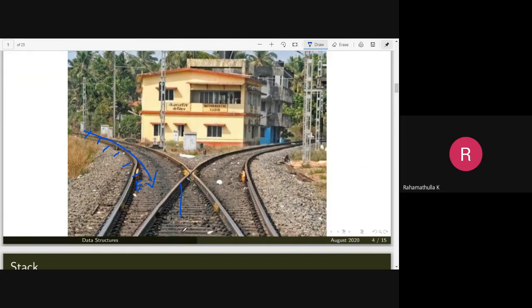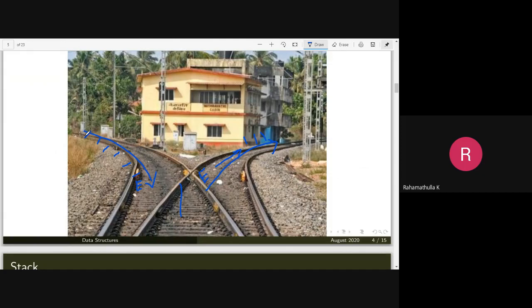Now, if the train is taken into this track from the shunting yard, in this direction, then the last bogie that has come in will be going out first. So this will be the last bogie that comes out first. Then the second last, third last, etc. And the engine will be coming last. What you understand from this is that it just looks like the direction of the train has been reversed.